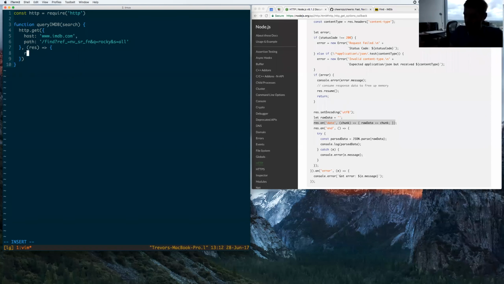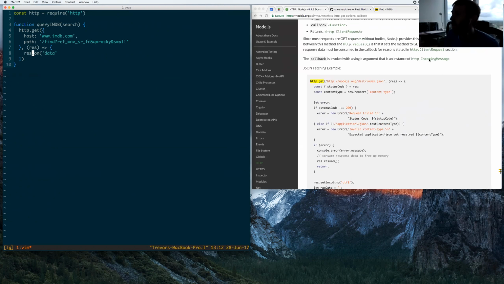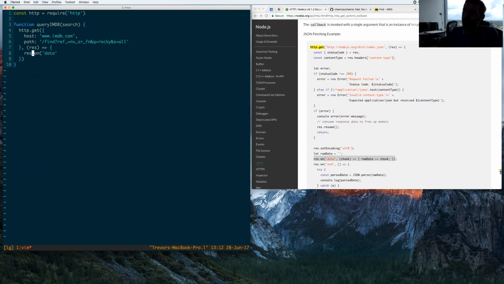So at the time that this thing gets called, the server may still be sending us data. And every time we get a little bit more data from the server, this data event will fire. So we can register a handler for that by using this on method from the incoming message that we got back. So when we get more data, we want to do something with it. We're just going to follow their lead from this example and say, we're going to get a chunk of data. And then we are going to